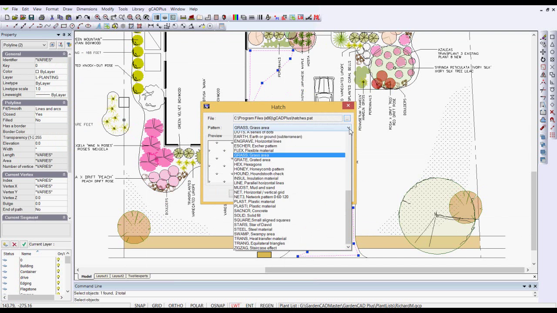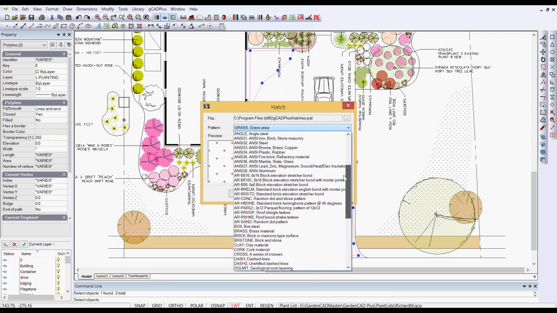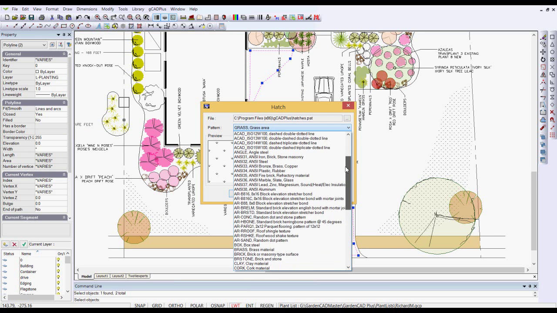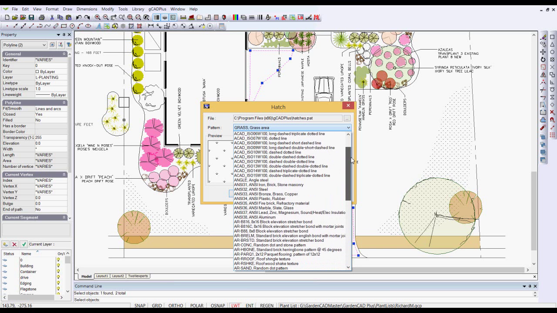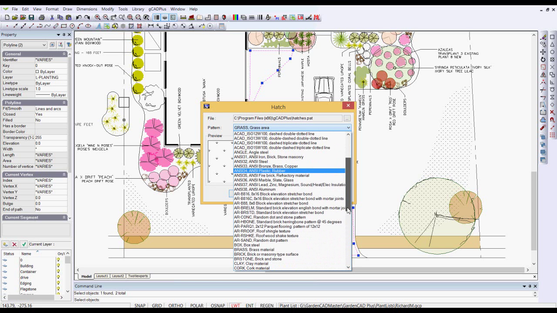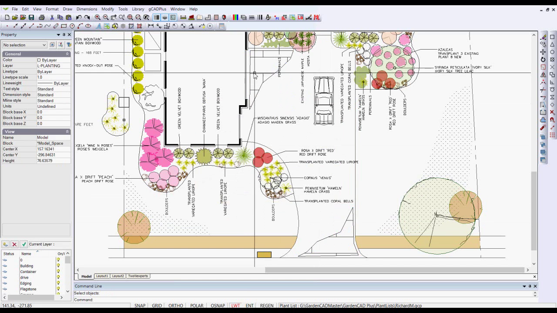right click, up pops the hatch pattern choice, and this time we want to use some sort of brick pattern. I'm just looking for it, angle fire brick or factory material. Not sure that's what I'm after, just want a standard brick stretcher bond will do, and play around a little with the scale setting. I'll just set that at say 2 for the moment. Note that the density comes down as you increase the scale,